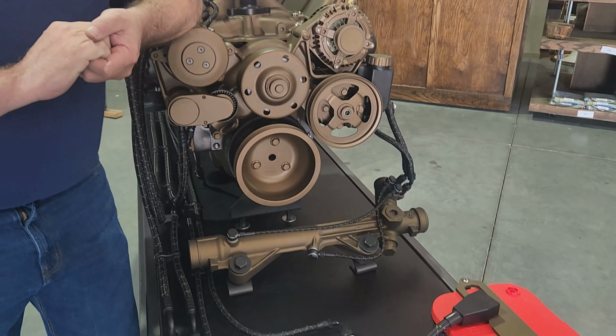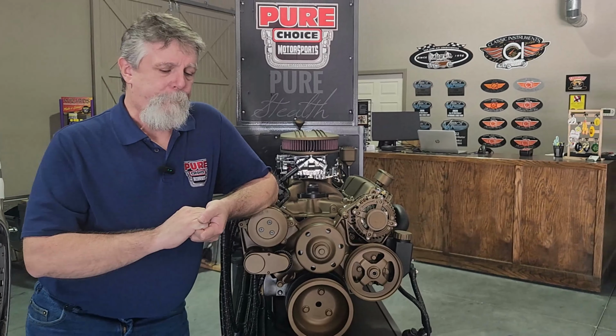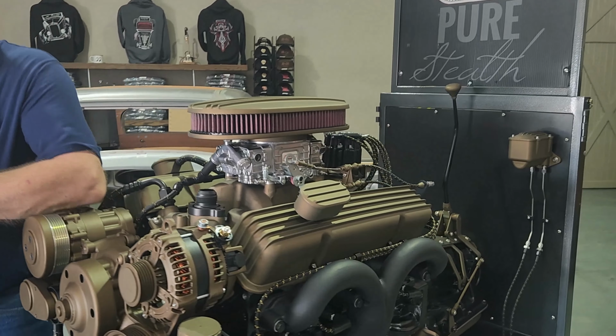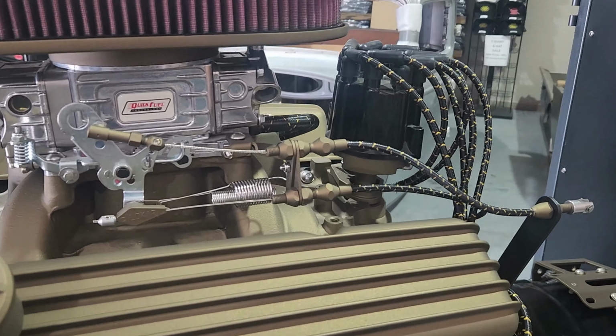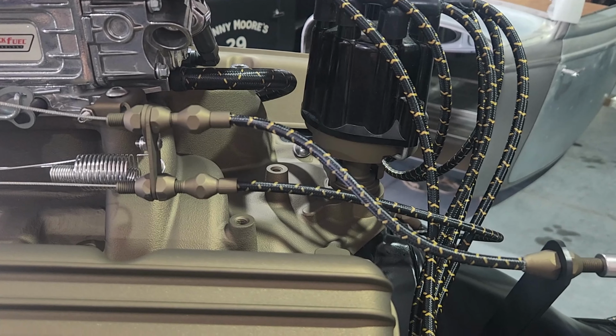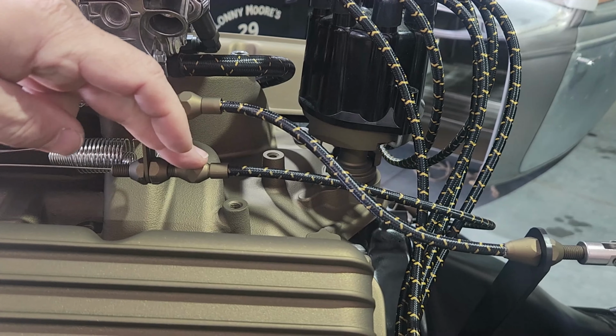We've also worked with the folks at Lokar Performance Products. Through Affordable Street Rods, we've been a dealer for them for years. We've enjoyed working with them and the quality pieces that they make for us. But again, we wanted to come up with a solution that would be more comprehensive and matching. So working with Lokar, we were able to take their standard throttle cable and kickdown cable and apply our Pure Stealth coating and our Pure Stealth braiding to those products. So now we have a throttle cable and a kickdown cable that exactly match the remaining